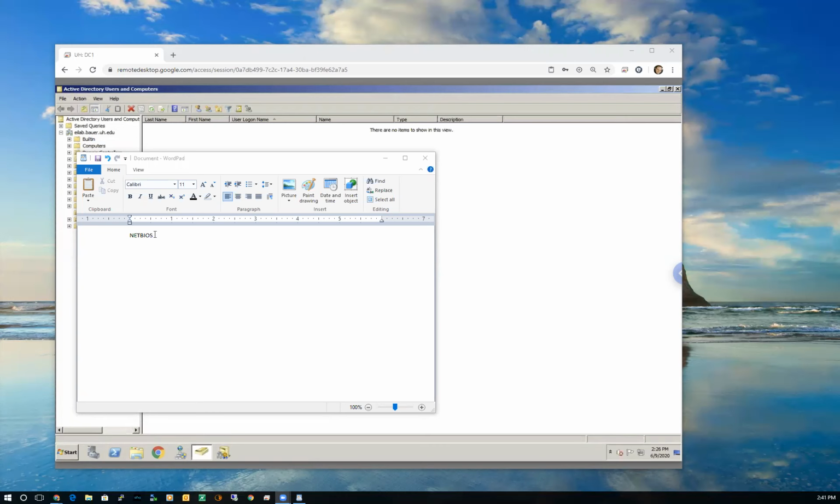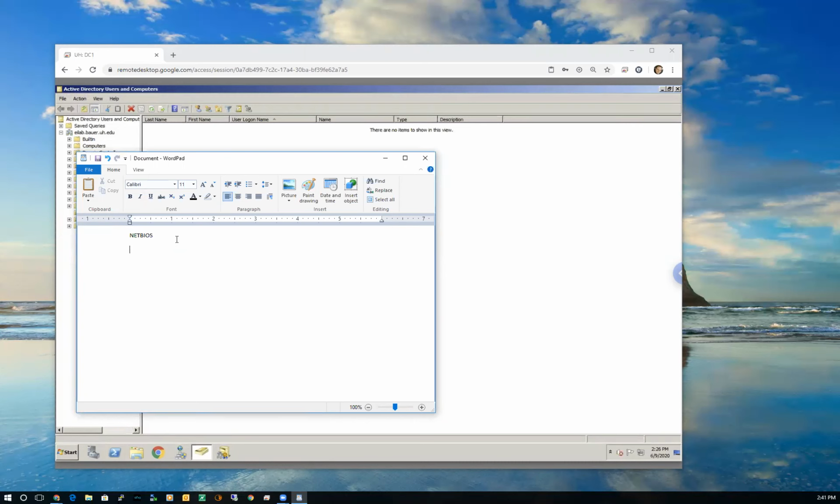So you can Google, read a little bit of wikis, get a little bit of information so that you understand, first of all, what the concept of NetBIOS is. Don't need to get too technically heavy into it. Just know where we get that name from. It refers to the code.